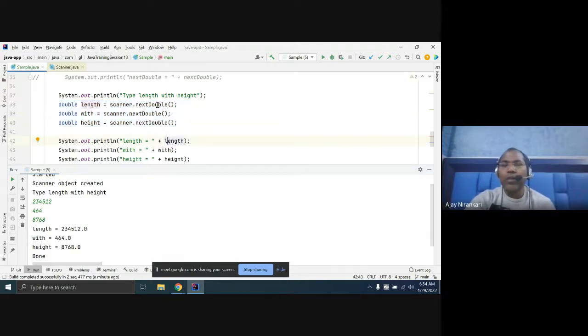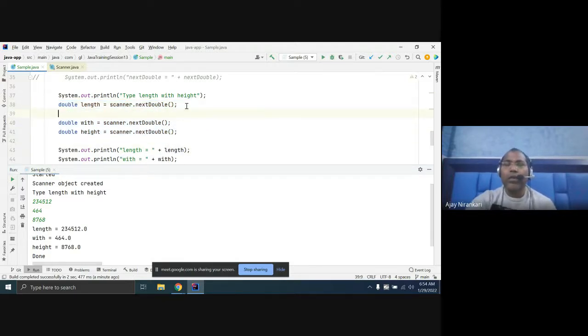Instead of that, for each line you say, please type length in double, and so on, for each one where you are expecting a double.